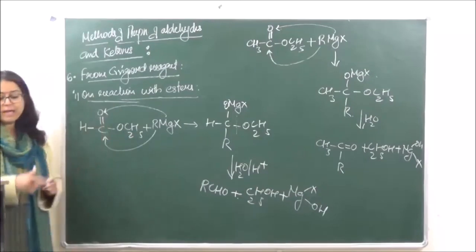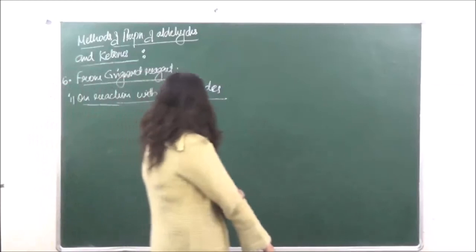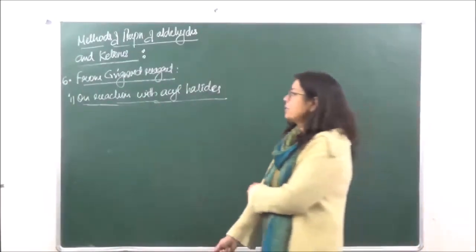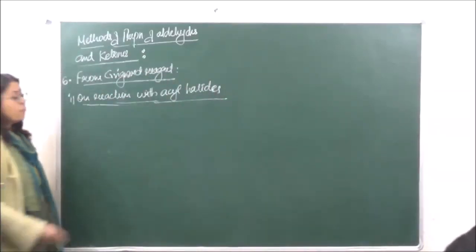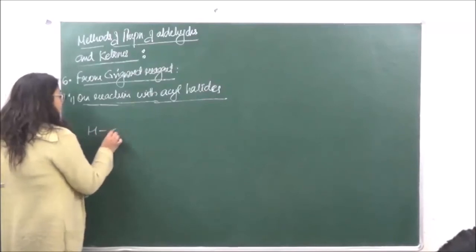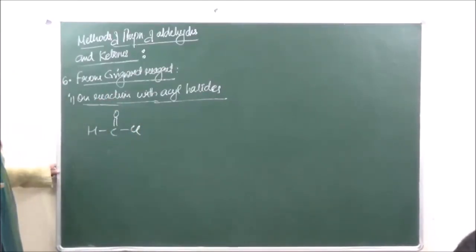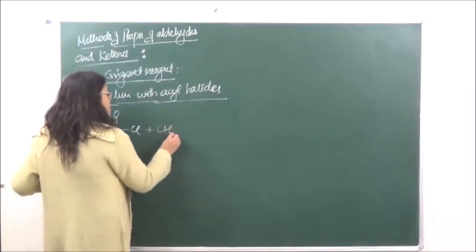So similar kind of reaction can also be done with acyl halide. Okay, so we were doing this reaction. It is with Grignard reagent. This is also going to follow the same mechanism because it is going to have a C double bond O. So we're taking over here a formyl chloride. Formyl chloride is, this is going to be formyl chloride. So here if we react it with CH3MgCl,